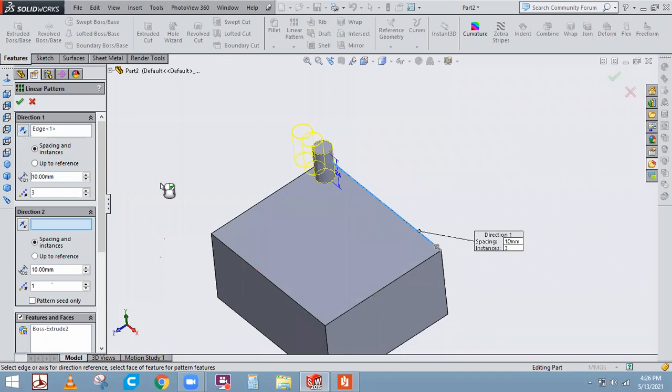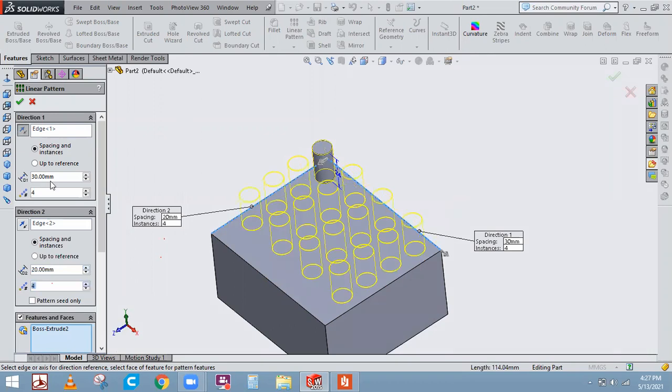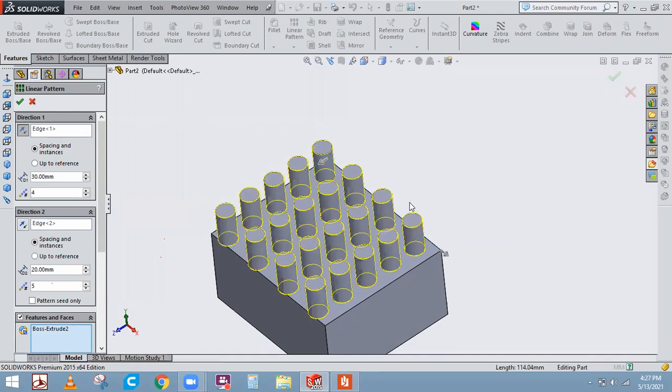Make it reverse direction and assign how much distance you want between them and increase the numbers. Same way, direction 2 will be this edge. Increase the number of entities. See, it is going in this direction. Again make it reverse. Just increase the size between. Once it is done, just say okay to this. That particular part will be patterned. Okay.